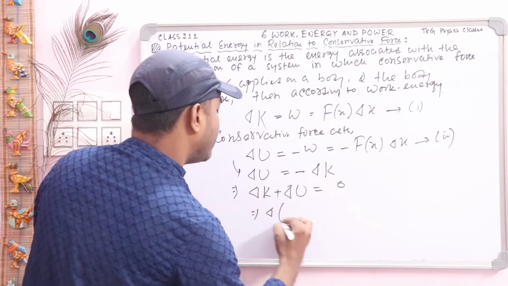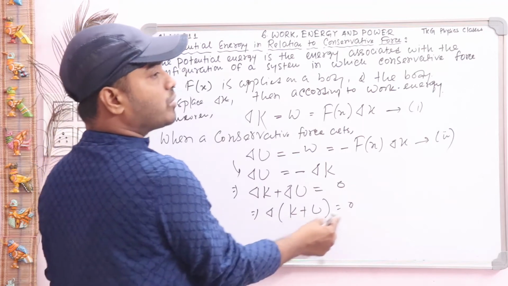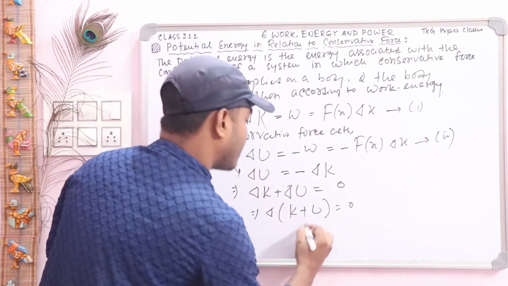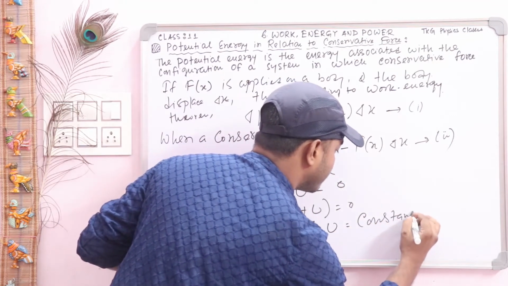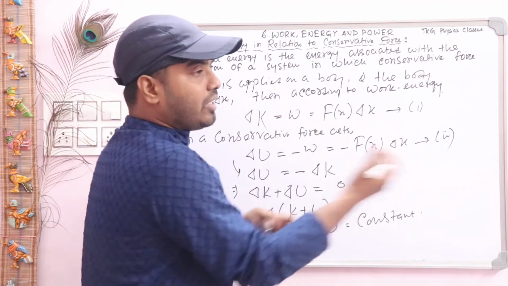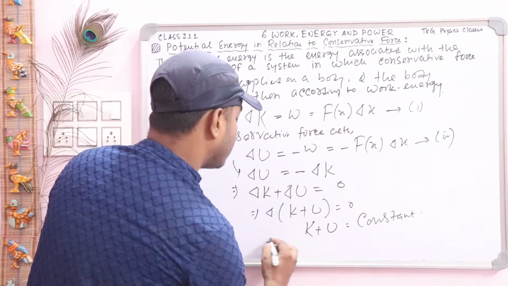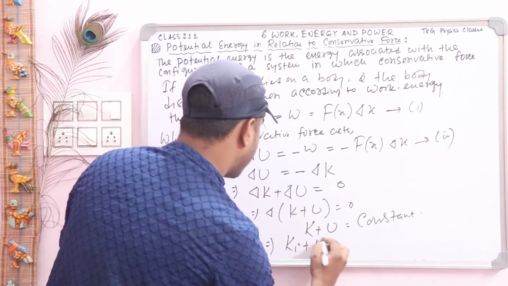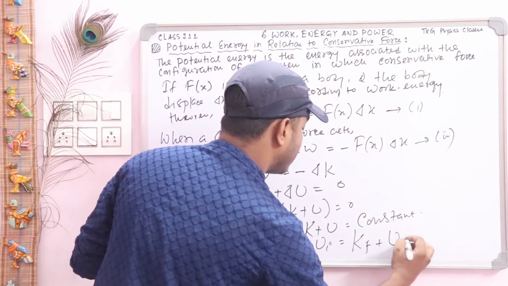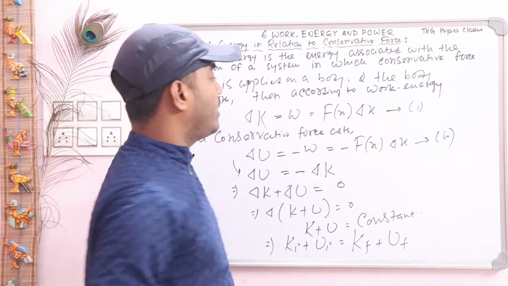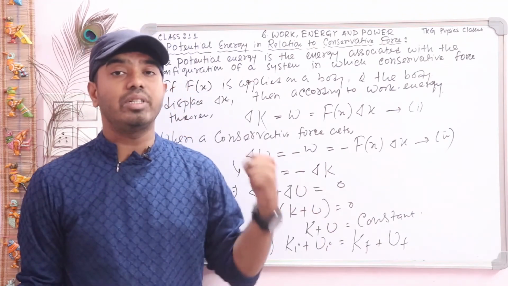So take a common, delta K plus U equals 0. Change of kinetic energy plus potential energy is 0. That means the sum of kinetic energy plus potential energy is equal to a constant. That's why the change of kinetic energy plus potential energy is 0. So you can write the initial kinetic energy plus initial potential energy is exactly equal to final kinetic energy plus final potential energy. This is the proof of the conservation law of mechanical energy when a conservative force is applied on